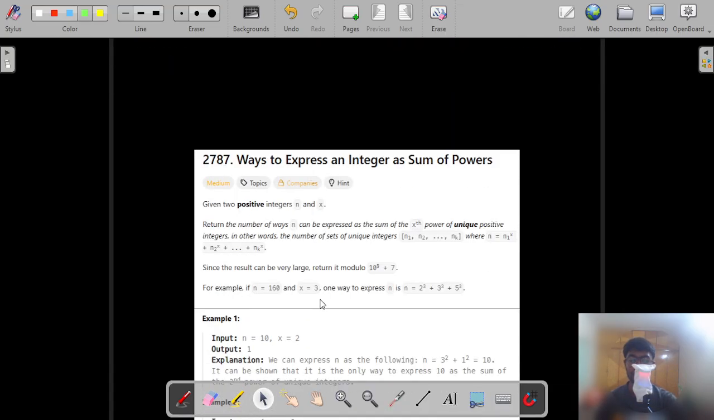So let's understand this problem. This is a medium type problem. Given two positive integers n and x, return the number of ways n can be expressed as the sum of xth power of unique positive integers. In other words,